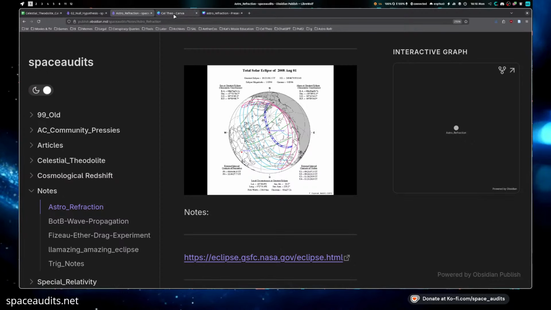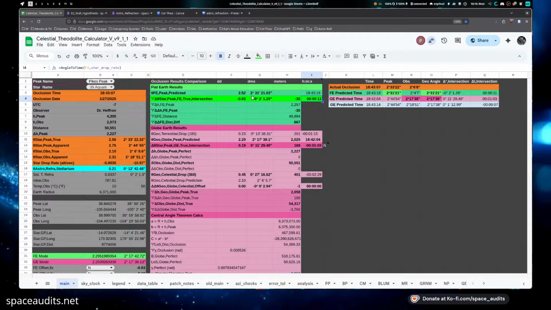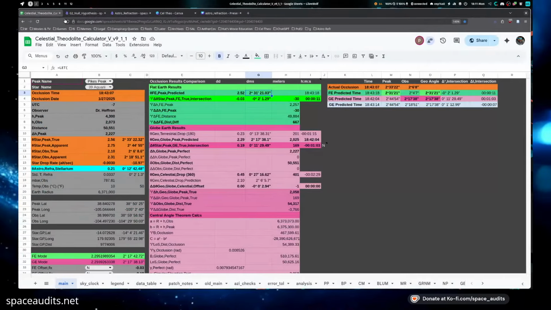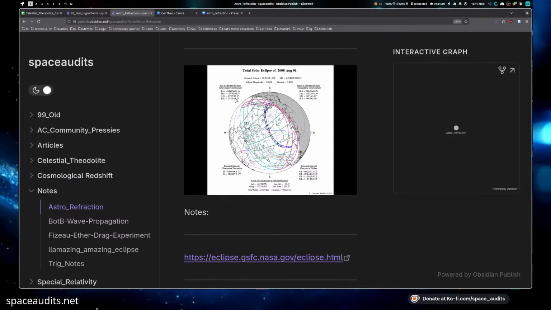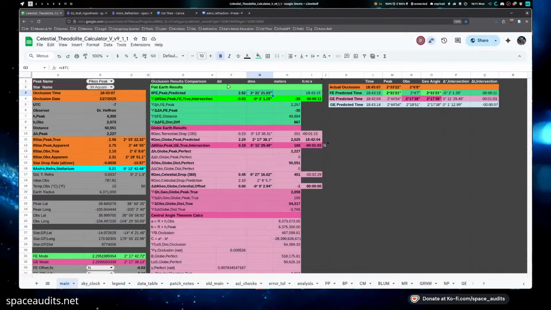So that is what they use. In the same respect, we're using the raw geometric features of what flat Earth would be, just using plain trig of rise over run to the mountain, by taking our difference in elevation times the known distance, and that would give us an angle for rise over run. So we have 215 here. We can track when the star is going to be at 215 with respect to the observer and also with respect to the peak, and we can compare and see what happened during these occlusions. What they do to predict this is use the true positions, and again, we're following the same suit here.